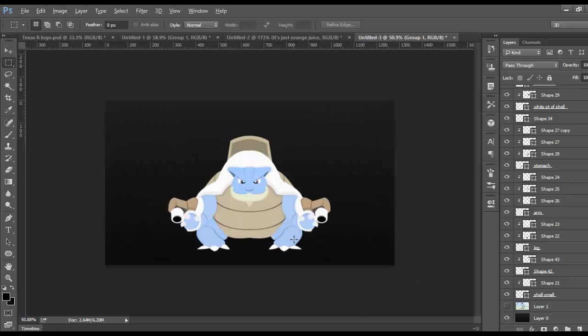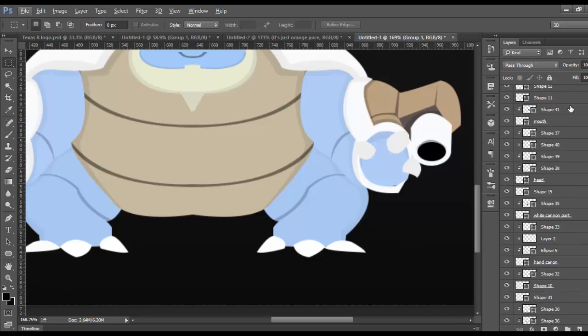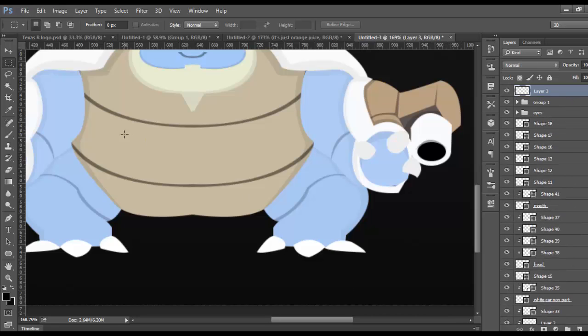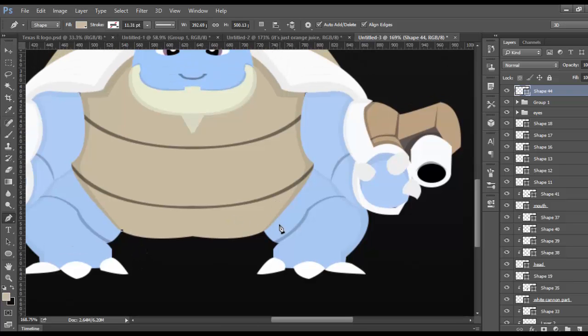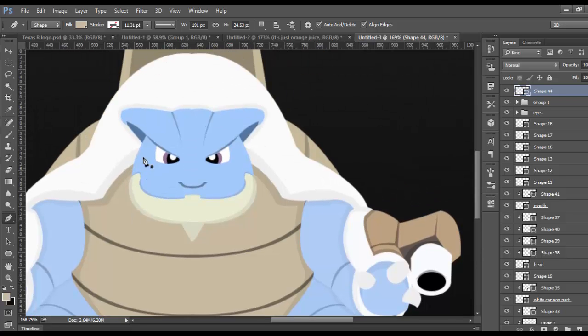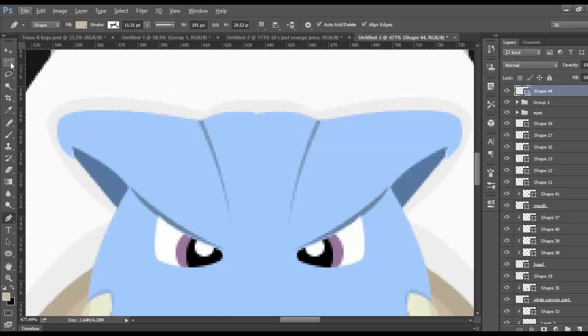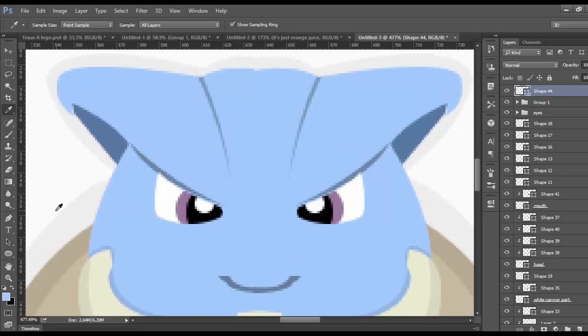So now what we can do is, in a layer above, it doesn't matter where, I'm gonna fix the little edges that look kind of messed up. I'm gonna do right here and right here, so it looks like one big curve, and there you go. That looks way better. And now right here in the head as well, it's a minor adjustment, not really that much that we have to do. So grab here,